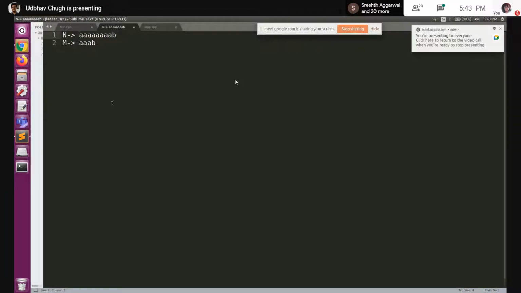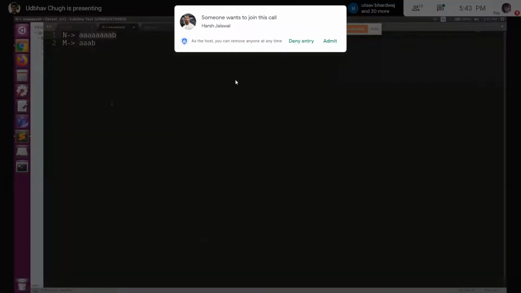How I'll do it is I'll first check, okay, this A matches with this A, this A matches with this A, and then B won't match with A. So I have already done order m operations and found that this is not the answer. Then I'll start from the next A. I'll again check, this A matches with this A, the second A matches with this, and so on. Every time I'll have to do order m operations and I'll have to repeat this order n times, right?